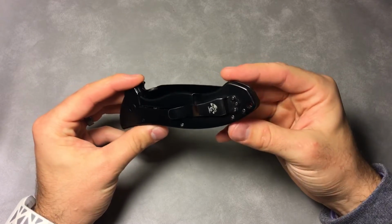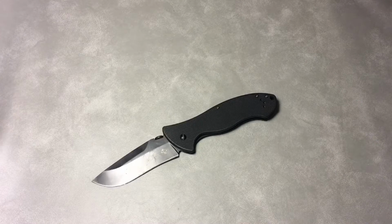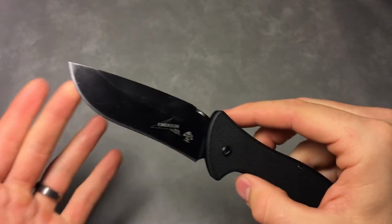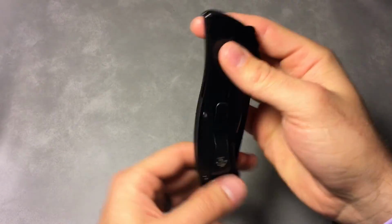So all in all, guys, is this a good deal for you? Is this something I recommend? No. I thought I was going to like it a lot more than I did. It is definitely not a bad knife. It is consistent in every way with the rest of the CQC lineup. You got an 8CR 14 MOV blade. You got G10, you got steel, you got a frame lock, you got the wave feature, you have the standard